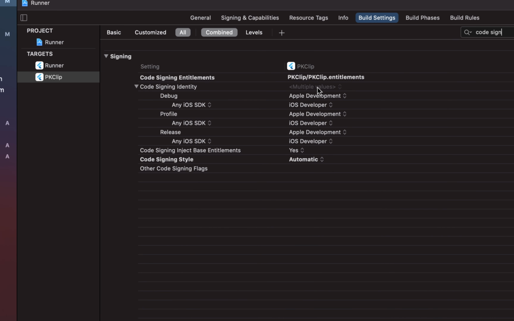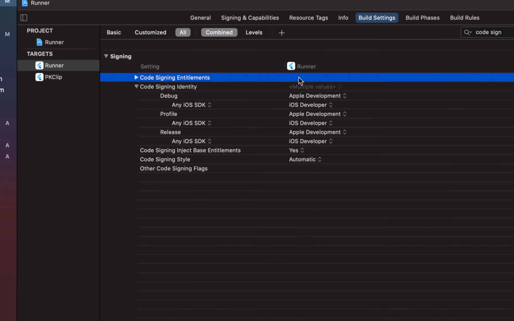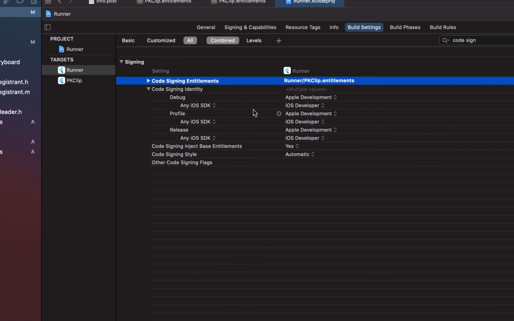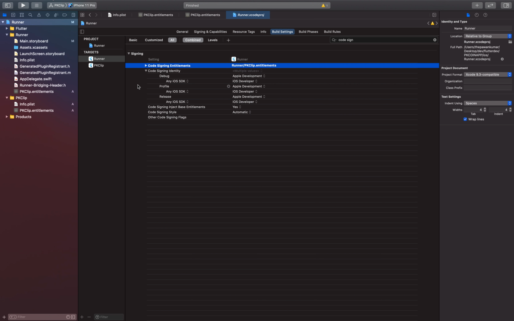It's already set for pkclip, but for runner it is not set, right? You can see we don't have anything. So here I'll manually write runner slash pkclip, the name of your file, whatever you have given, entitlements. Although I'll say just make it simple and copy paste the same name at both places. But if you change it by any chance, then you have to do this.